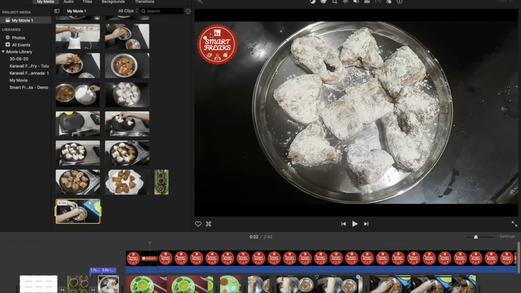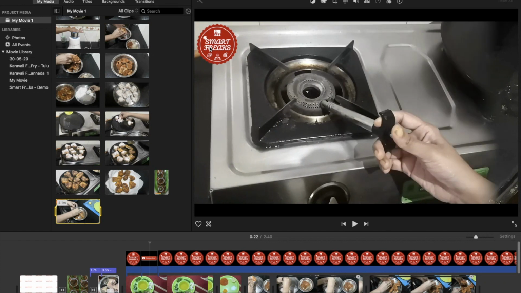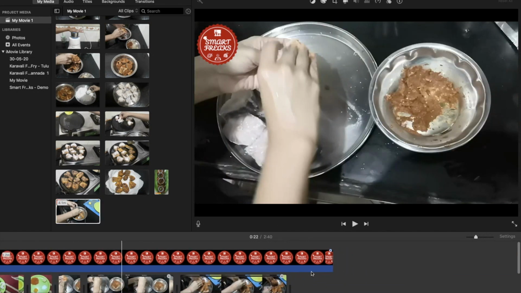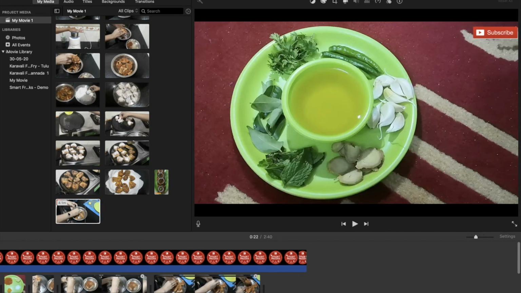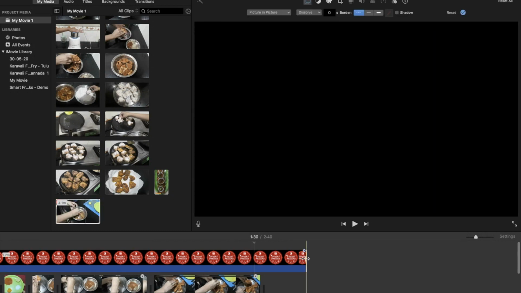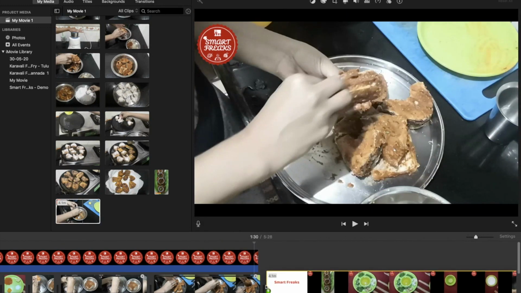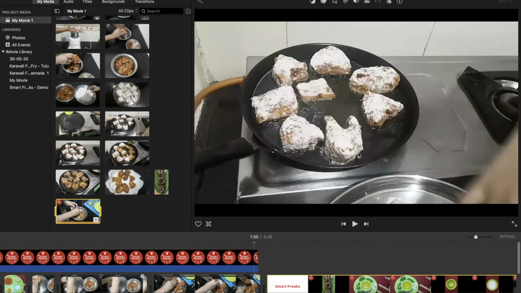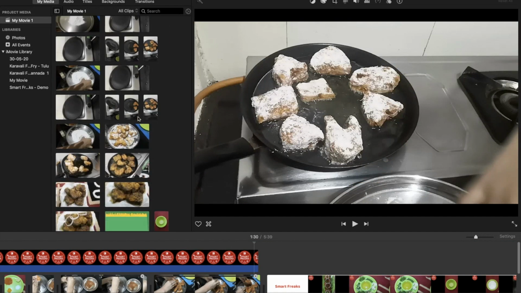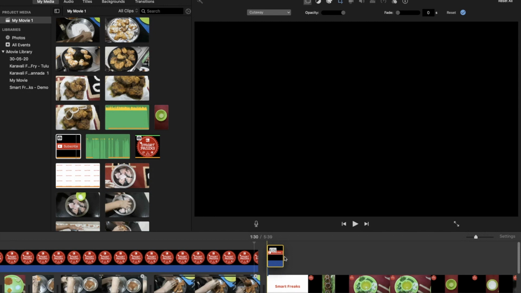I have already done a video with the company logo. What I am going to do is drop that video to the timeline and add the subscribe button there. Then my problem is solved, where I have both SmartFreaks and the subscribe button. Let's look at how I'm going to do it. So I have dropped the video which already has the SmartFreaks logo. Now I'm going to add the subscribe button also.